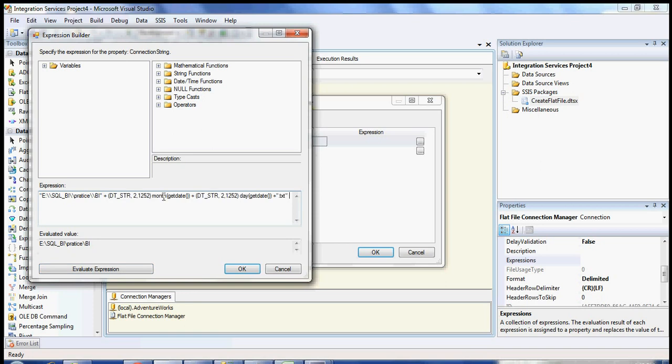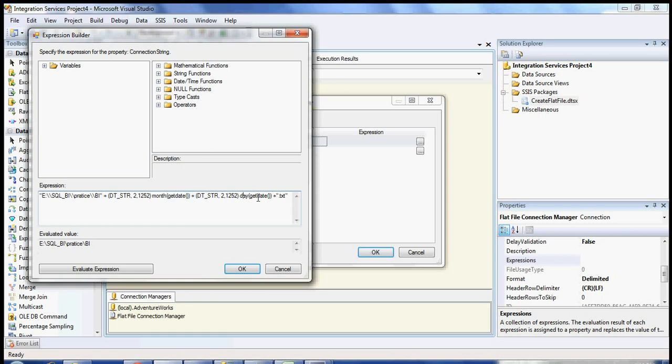I took the GETDATE function, and I'm extracting the month from it. But for that you need to change it into a string. There is a function called DT underscore STR that changes this to a string, and the length of the string is 2, and 1252 is the code page for English. So this converts it into a string.